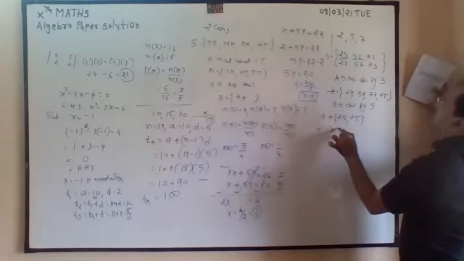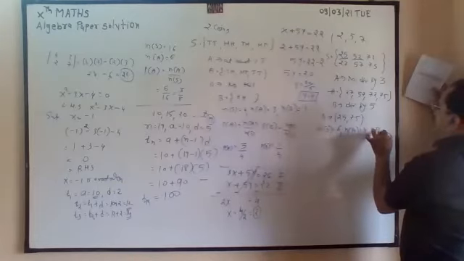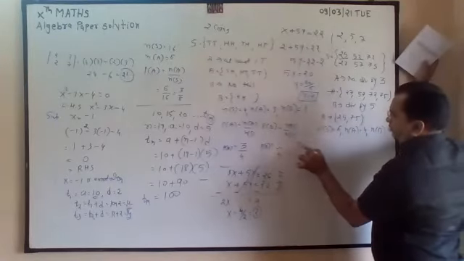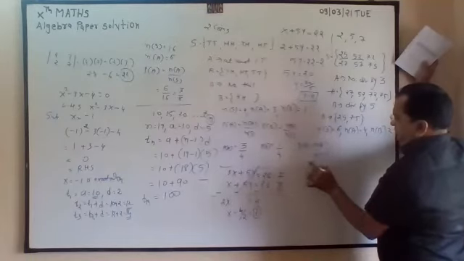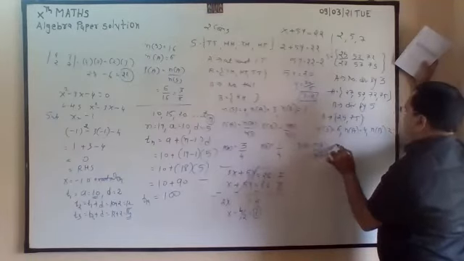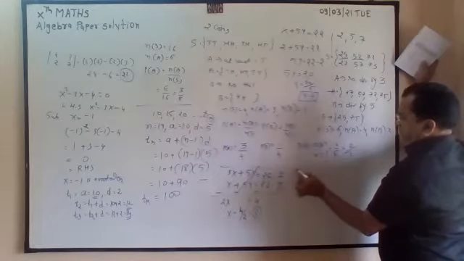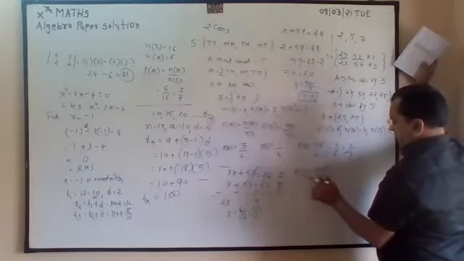Number of S, number of A, number of B. 4 to 6. So probability of A, number of A divided by number of S, is equal to 4 by 6, 2 by 3. Probability of B, number of B divided by number of S.